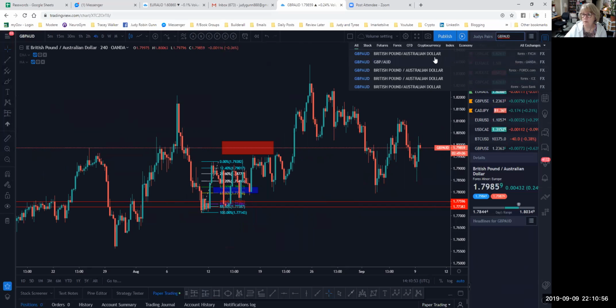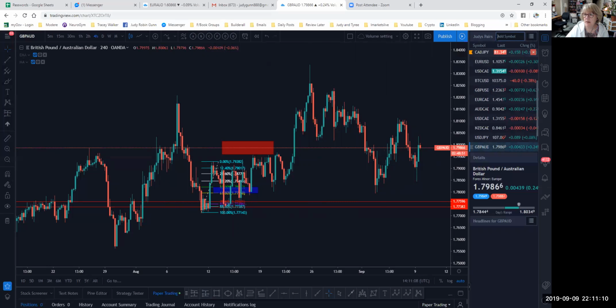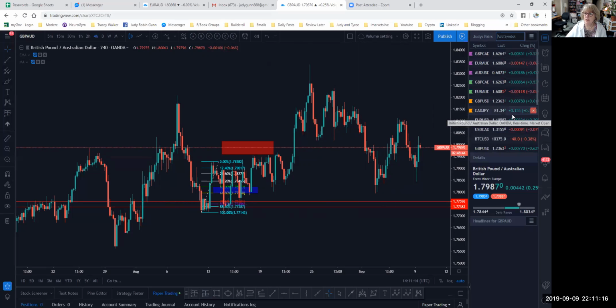Hang on, I'll just shift my screen out of the way here. Up there. And you can pick which one you want, Oanda, in here. And it adds it to my list, I've got Judy's pairs, so it'll go down the bottom. And it'll add it on there. Now you can also,